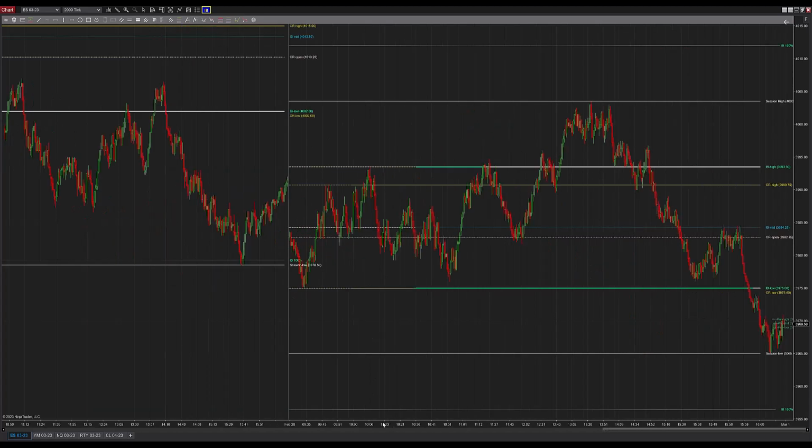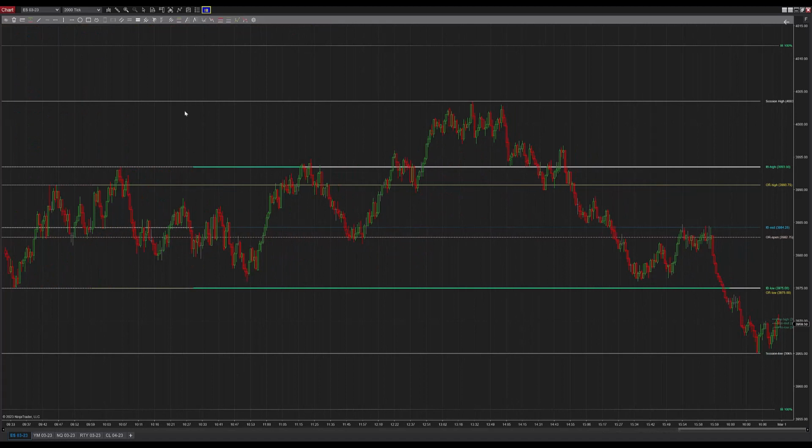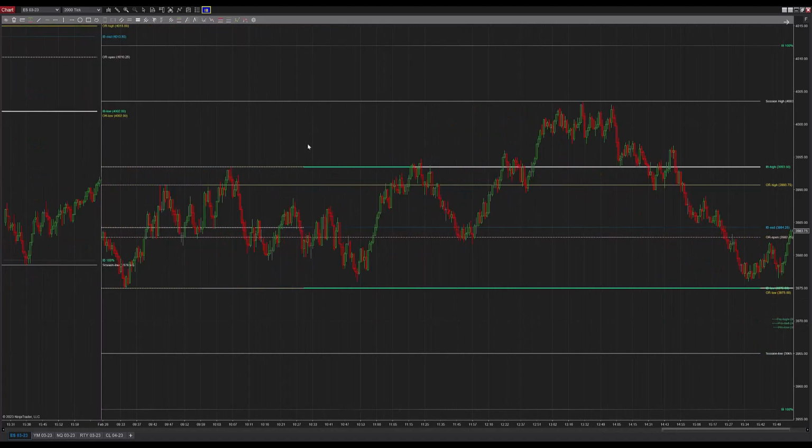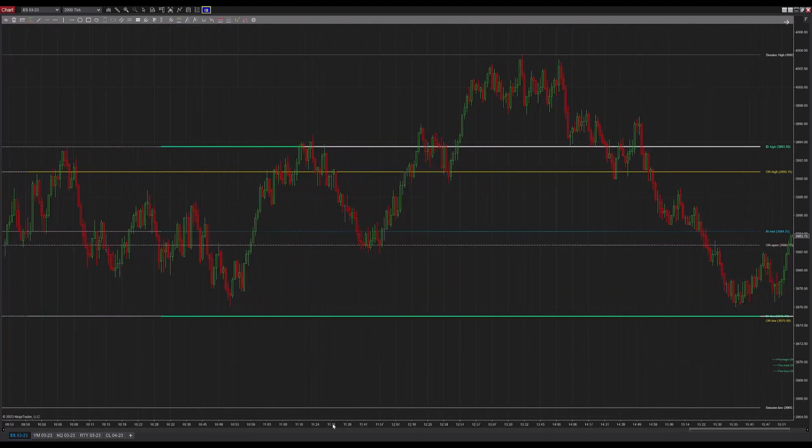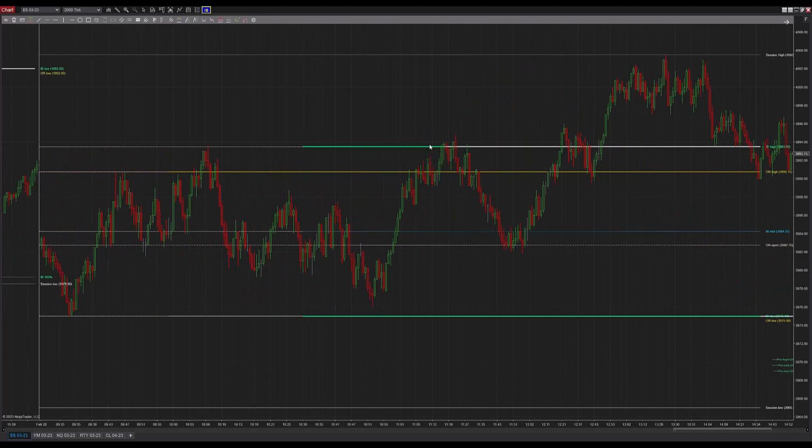So let me just do this on a 2000. Here's the push. Oh, pardon me. Here it is. Here's the push right into the first test of the IB high. Now, if I zoom in there a little bit, this is primarily a scalp, right? Something to look for as a scalp. So I will typically trade it with a 3 lot. My scalp targets would typically be, well, depending on the day, 3 to 5 ticks, right? I'm looking for 3 to 5 for the 2 scalps, and then I like to leave a runner, because,